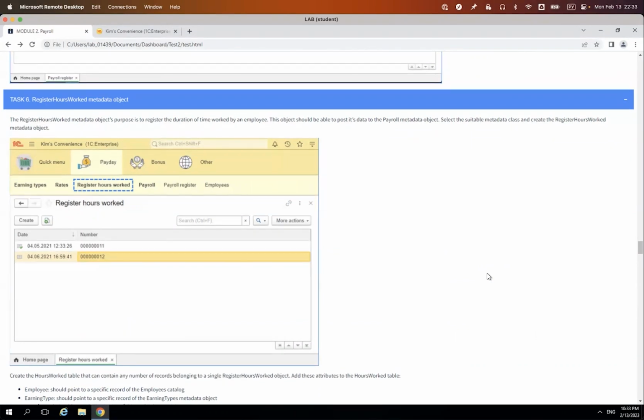Okay, register hours worked. There are 2 different tasks, actually. One task is to pay the employee as much as they earned, and the other task is to register how much they earned, because the latter happens much more often. Your employee comes to work every morning and works for a certain amount of hours, and then goes home and comes back the next day and works more. And you need to register the fact of each shift or each piece of work that he's done.